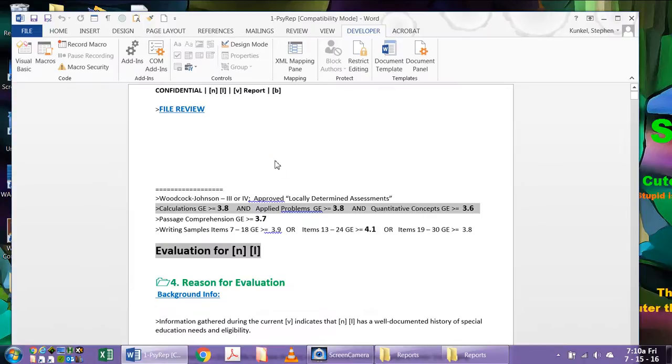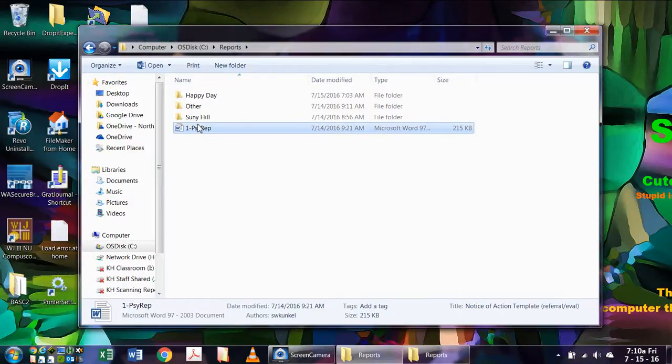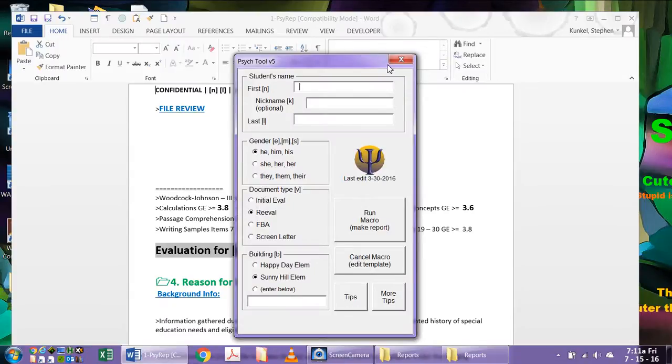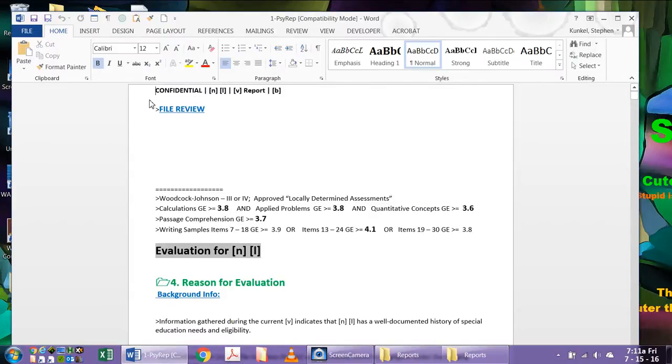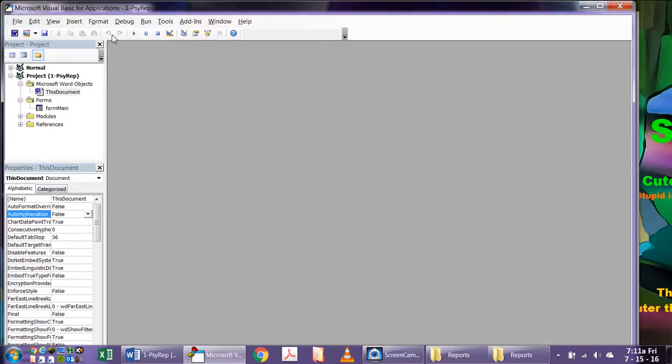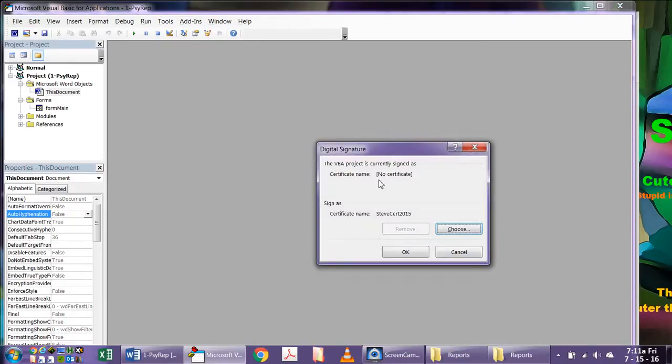Now I'll go ahead and close this and reopen it just to be sure here. So again, when you first open it, you don't see this. You just see a little warning bar at the top that says that it's disabled the macros. So cancel the warning, and then go to Developer tab, Visual Basic, and then go up here on Tools, I think is the one, and it says Digital Signature, and it might say no certificate, or it might